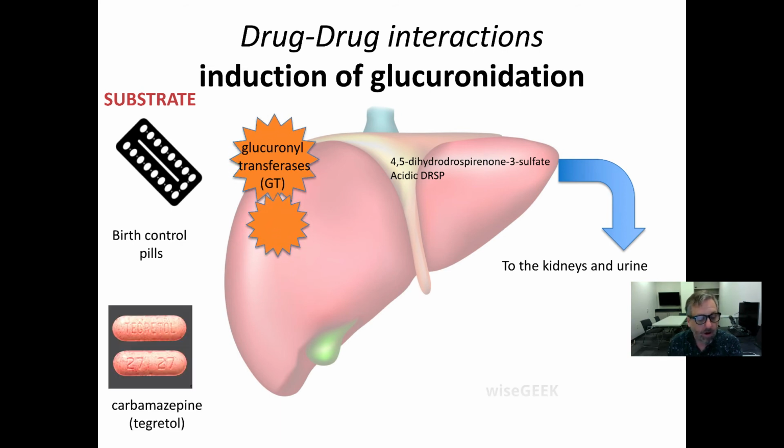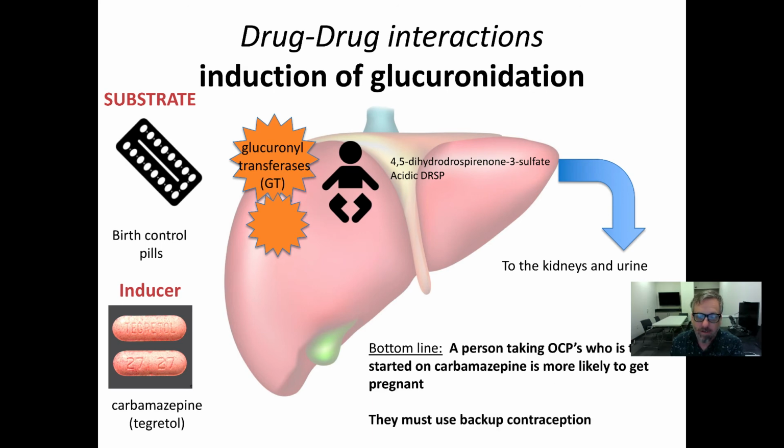Now, we bring in carbamazepine, which, as I mentioned before, was an inducer of that pathway. So now that glucuronosyltransferase is going at a much faster rate. What happens to the birth control pills? They're broken down faster. What happens when they're broken down faster? They're less effective. So the take-home message here is if you want to avoid an accidental pregnancy, if they're taking